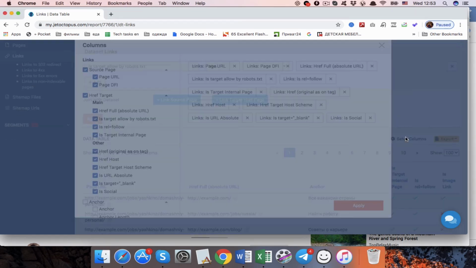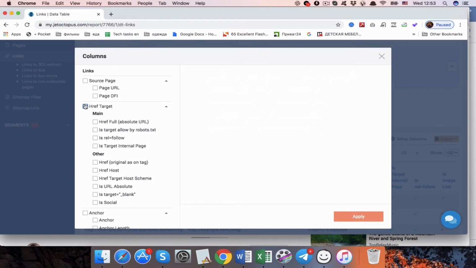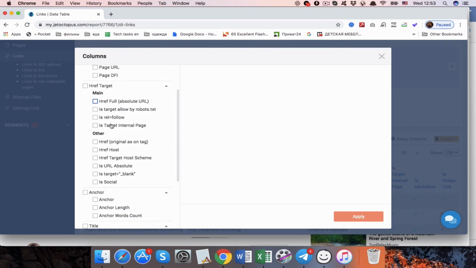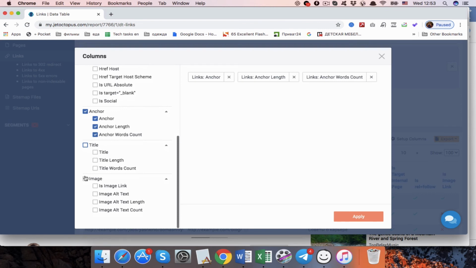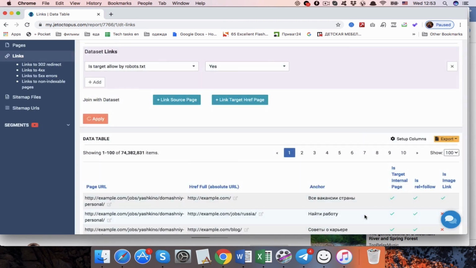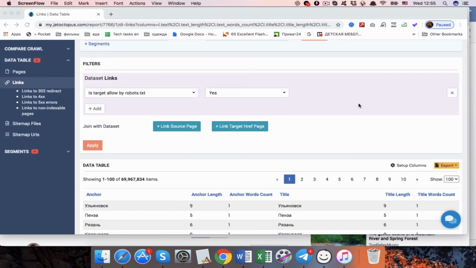There are also some columns here. Source page, where the link is located. Href target, it's the URL where this link is leading to. Then if it has follow, then the anchor, which is the text of the link, if it has title, if it is image link or not, so you are able to extract the attributes from the link here just by applying these filters. So that's all about filters and columns in our